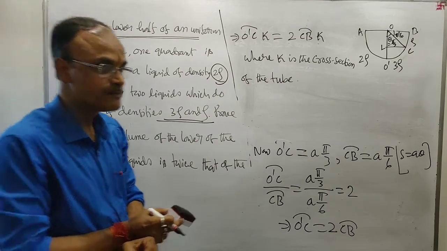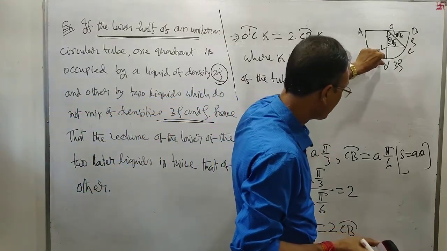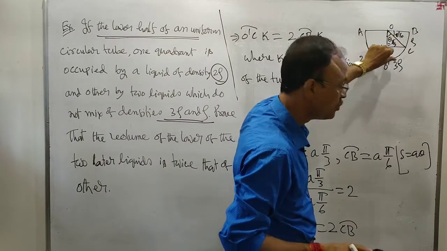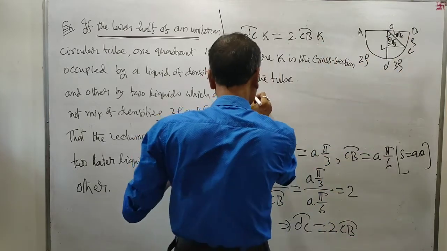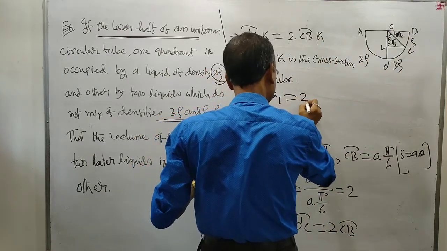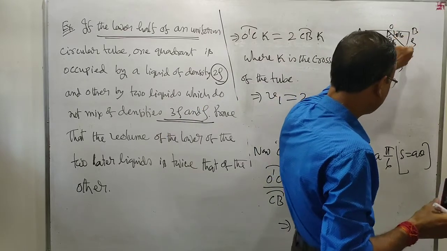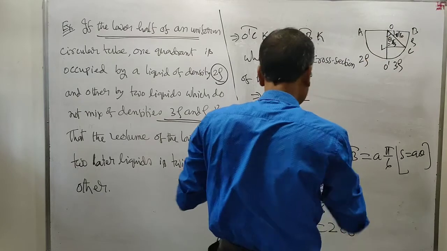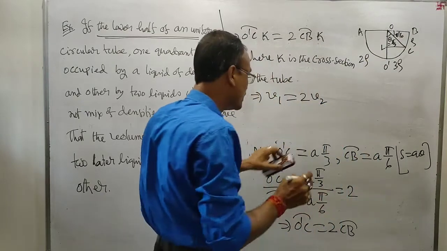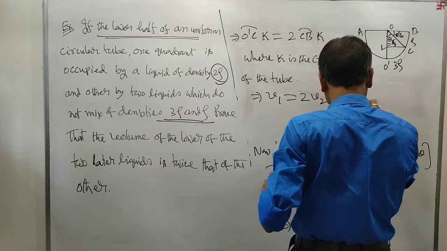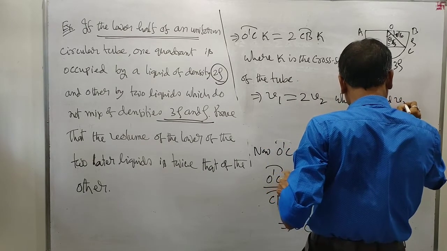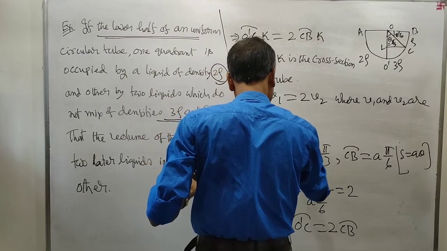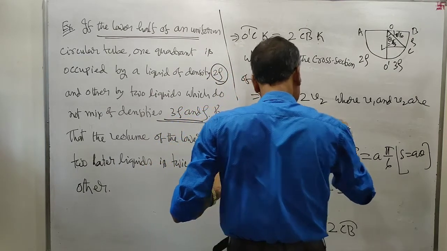What does it mean? The cross section K into this distance will be equal to volume. Suppose V1 equals 2 times V2, where CB into K, cross section into CB, will be the volume. Here V1 and V2 are the volumes of the liquids